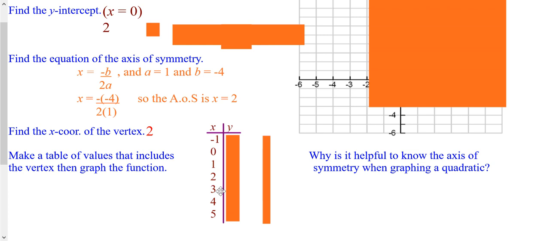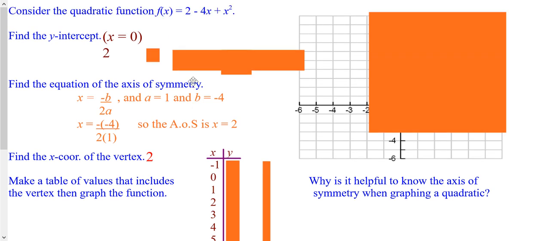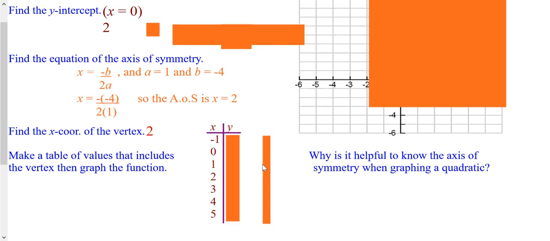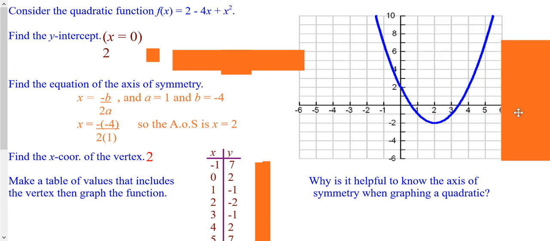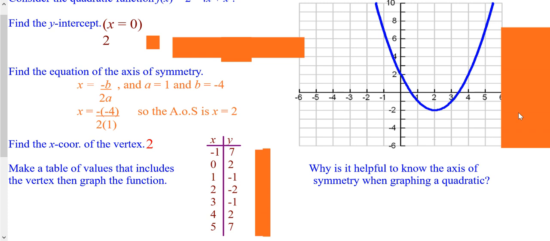Then you want to go ahead and put this problem into your y equals. Then after you put it into your y equals, you'd want to go second window and start your table at -1. And then you want to look at your graph. Or you could go ahead and plug them in each by hand. Then you want to go ahead and plot your points. I'm assuming at this point you guys are pretty good at plotting points,